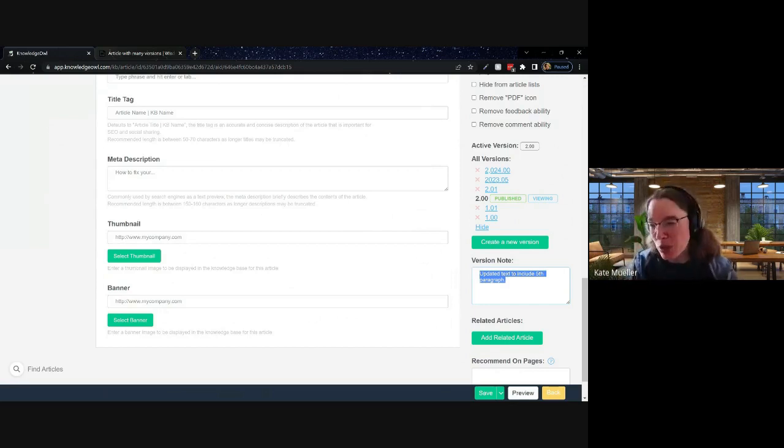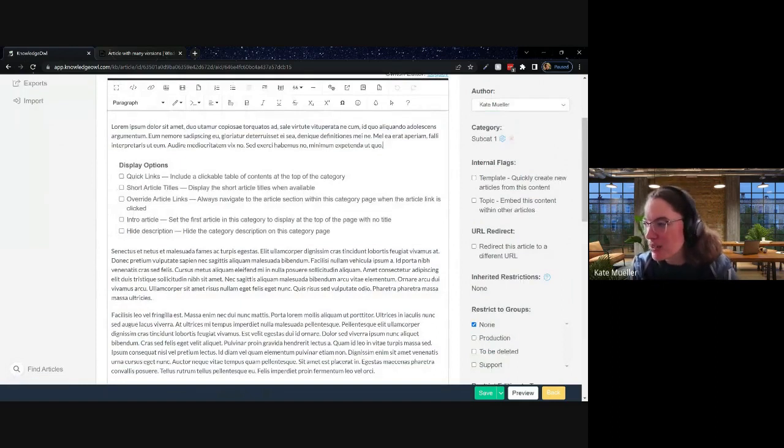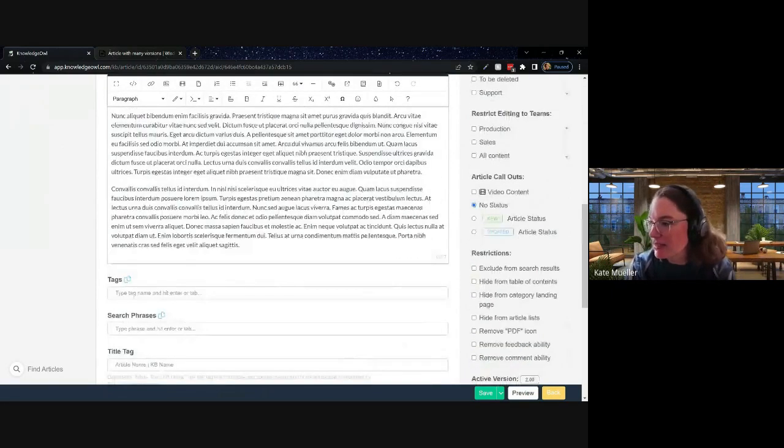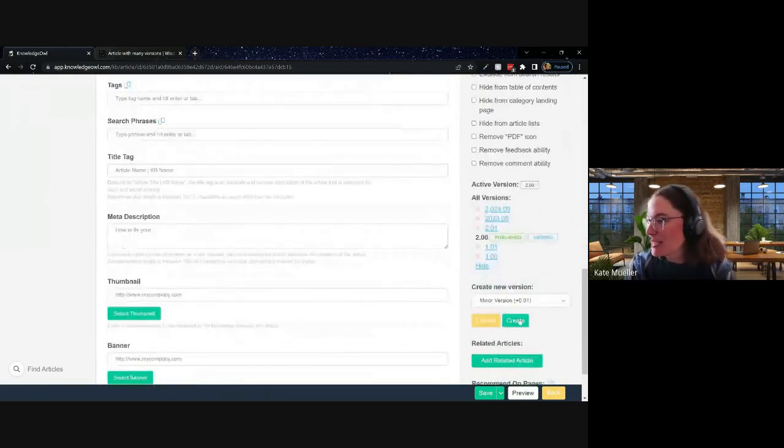Tip number 2, and I can tell you this because it is a workflow that I mess up repeatedly myself. So I might come in and say, oh, I just want to fix a tiny typo here, and I think that's all I want to do. So I'll probably hit save. And then I look and I realize, oh, wow, there's actually way more edits that I want to make here. If I try to create a new version at this point,